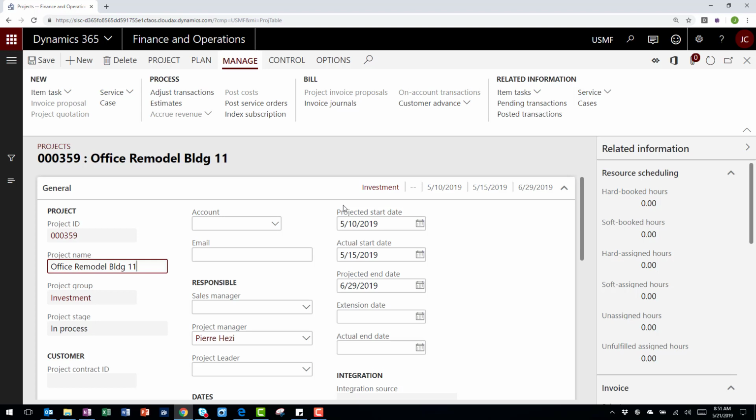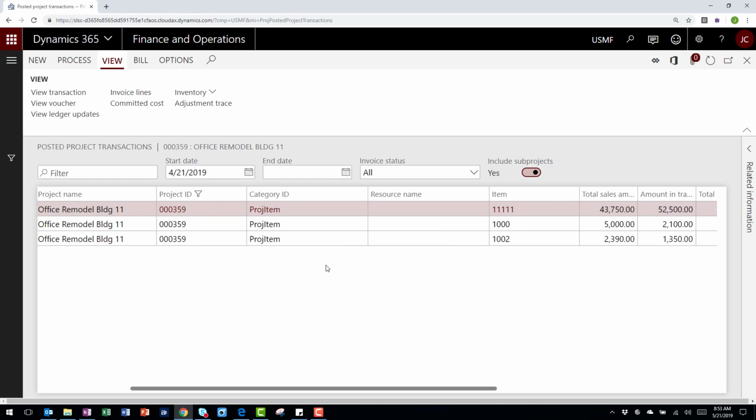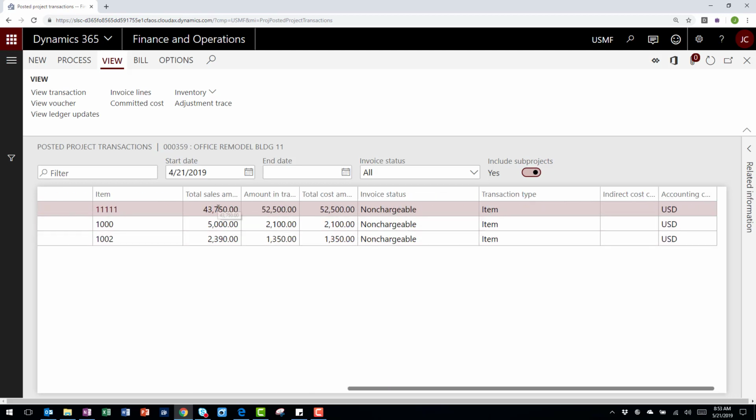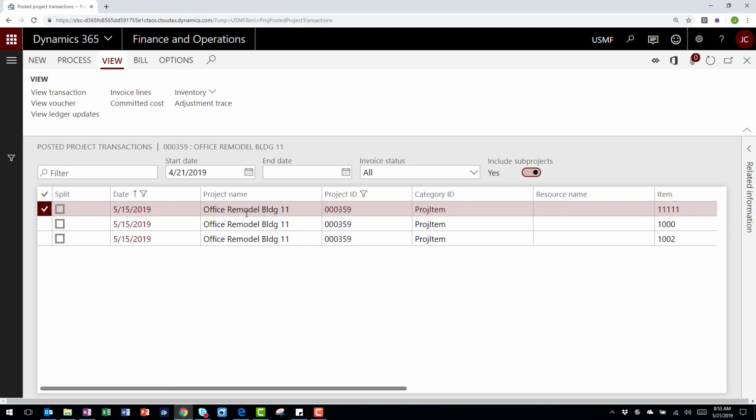cost when ready. Under related information, posted transactions, I can see the various transactions that have been posted against this project. Here I can see there are several item charges or purchase orders totaling, as you can see, a certain cost amount as well as a sales amount if this was a revenue generating project. Now that we have some invoice transactions against the project, let's take a look at the project reporting to see